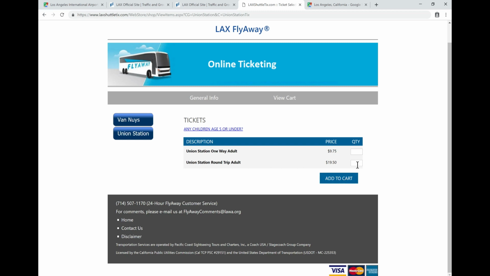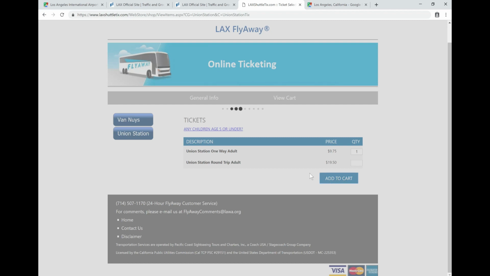Another way to pay for this is instead of Visa, MasterCard, or American Express, you could use your tap card. If you're a local LA area resident, and you take the metro, you could use the blue tap card you would ride and pay for the flyaway. So we just click this, add a cart,